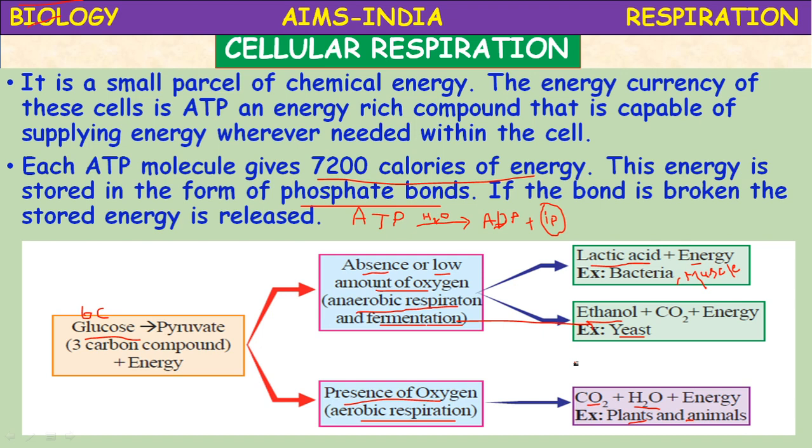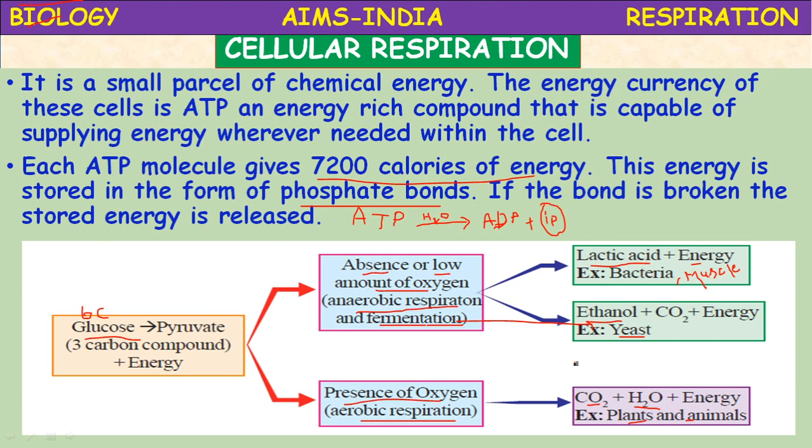When you go deeper in your higher classes, you are going to study that aerobic respiration takes place in 3 stages. One is glycolysis, which occurs in the cytoplasm. The second one is the Krebs cycle, which takes place in the inner mitochondrial matrix. And the last step is the electron transport system, where a huge amount of energy is produced. That takes place in the inner membrane cristae of the mitochondria, where elementary particles are present. All these processes involve the participation of several respiratory enzymes.